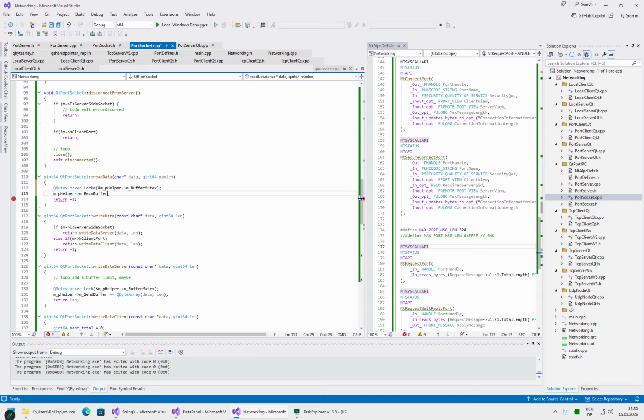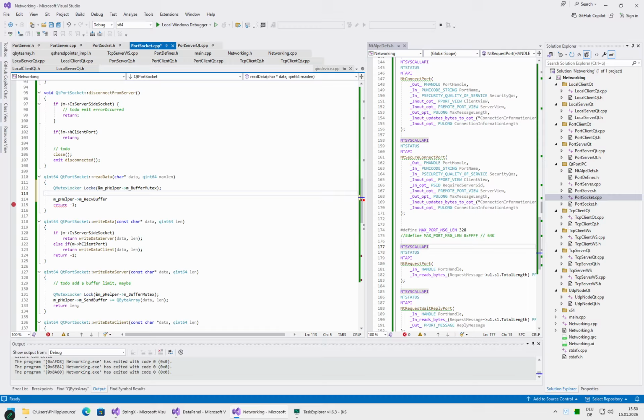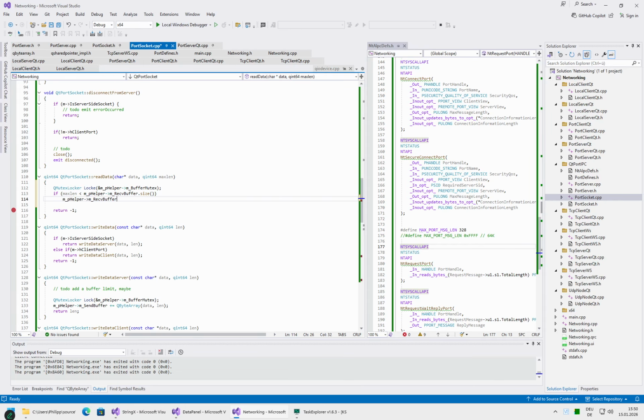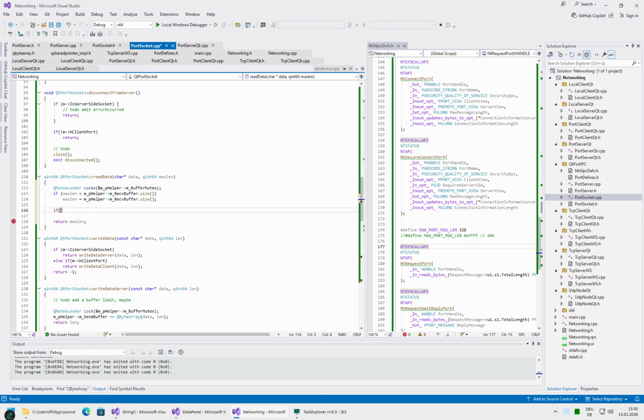we are reading, so we are going from the receive buffer. So now we need to determine how much we want to read. We can reuse this variable. So if max len is less than buffer size, then max len just equals buffer size, and we do not expect here any other issues. So if this is empty, we'll just return null. Otherwise, well, not. Okay, so if this is not null,